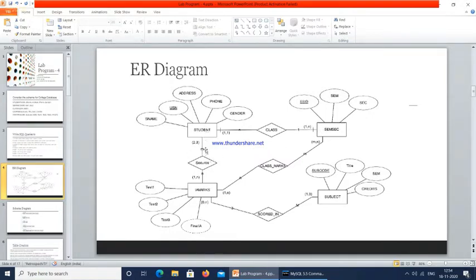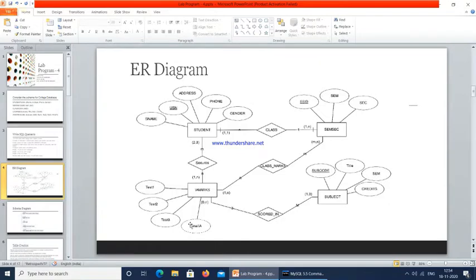Next we are going to have IA marks. So m number of students are going to secure n number of marks. So each student will be given 3 tests. So we are having 3 tests. So one student will take 3 tests. So in the IA marks table we have test 1, test 2, test 3. These are the 3 attributes, and final IA, you can see, is given a dotted